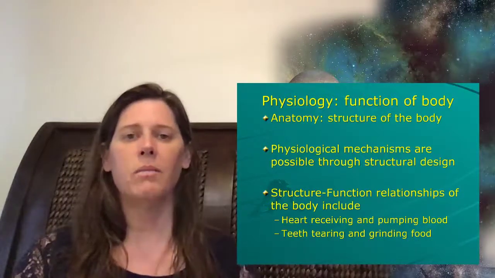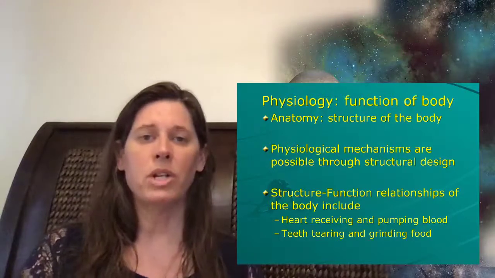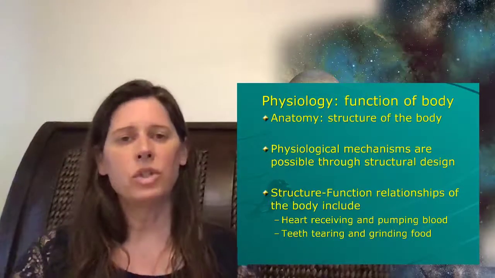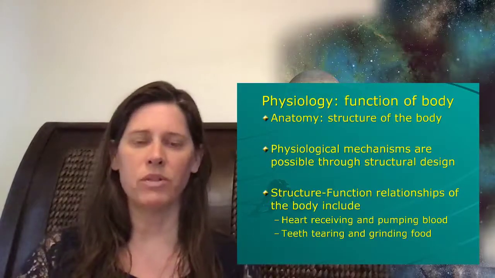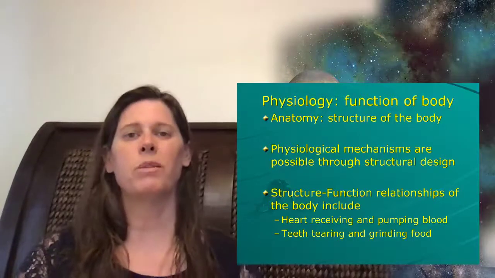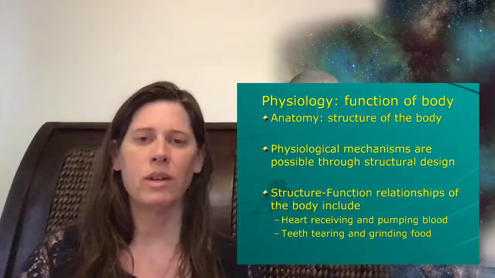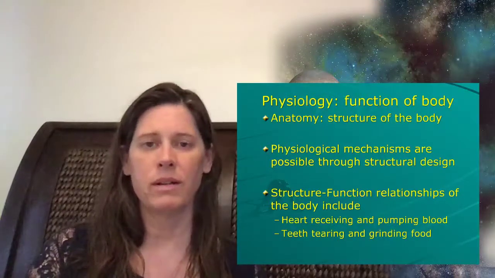Okay. And in order to push the blood, it needs to be able to create a pressure to do that. So in the structure of the heart is a type of muscle called cardiac muscle, and that cardiac muscle can contract, putting pressure on the fluid inside of it in order to push it out through your arteries. Okay, so that structure is determining the function of that organ. Okay,